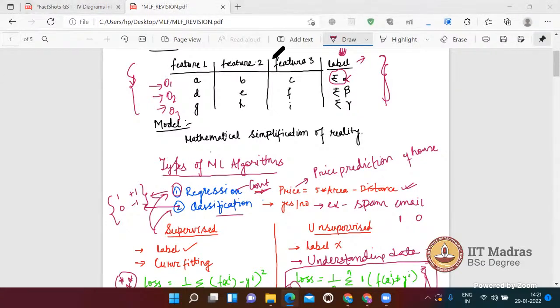So what kind of questions will there be from week 1? Is it to calculate the loss functions for different algorithms, or any other type of questions? Whatever type of questions you have seen in the practice and graded assignments will be asked. Mostly consider the mathematical ones. You should be able to calculate the loss for the 4 loss functions we have done: one for regression, one for classification, then dimensionality reduction and density estimation. Try to solve all the questions in the graded and practice assignments, so you'll get mostly a similar pattern of questions in the exam.